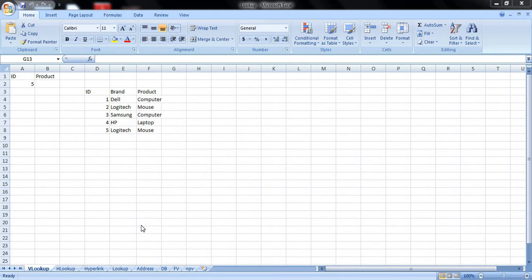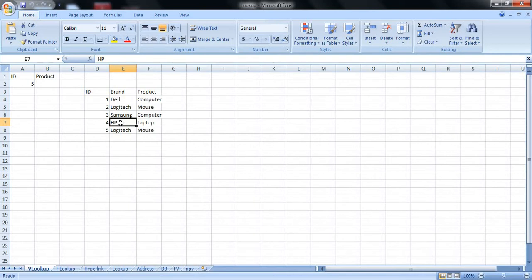Let us assume that we have thousands of data sets available in a single Excel worksheet. If you have a large amount of data, and I need to extract a particular value, for example, what products I have under the brand called HP, instead of going for a manual search, we can go for the lookup and reference category of functions.